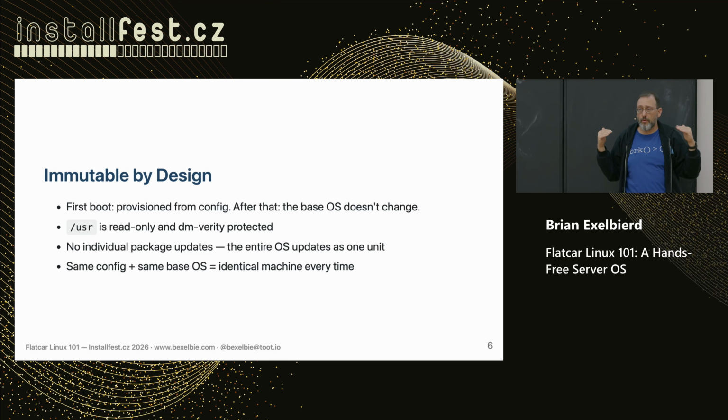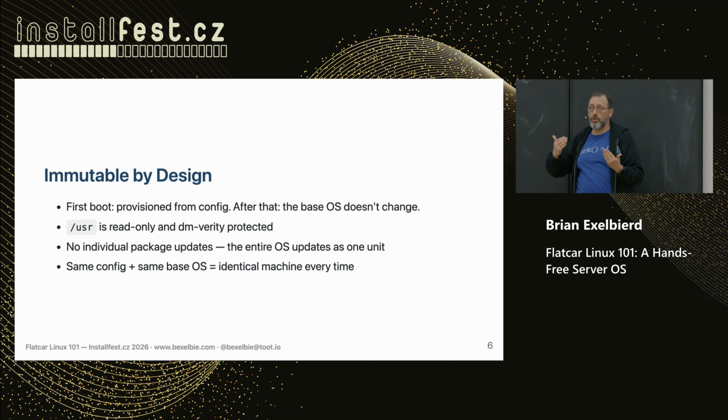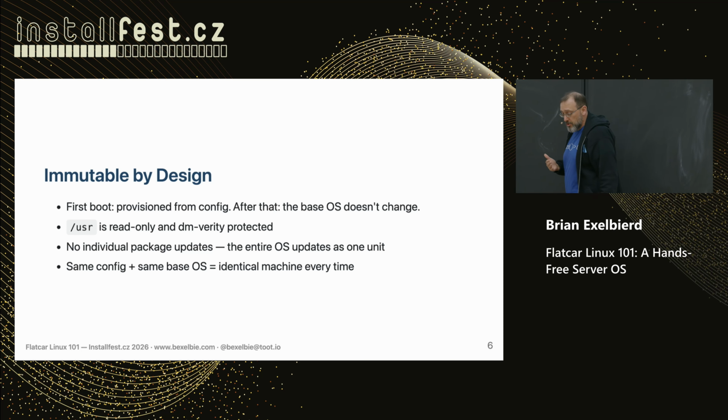Another meaning of immutability is that the file system is actually read-only. /usr cannot be modified after it's put together. So this means that you can't make a mistake, and generally attackers will have a hard problem too. The OS is provisioned as an entire read-only partition. This leads to another form of immutability, and that is around dependencies. Dependencies do not change except when you update the operating system. And I'll talk about updates a little later.